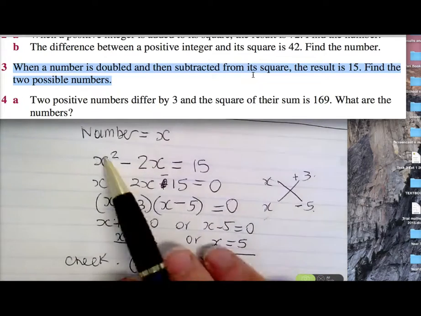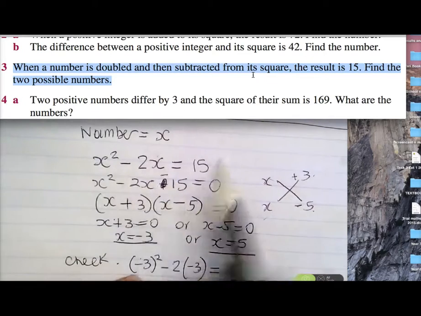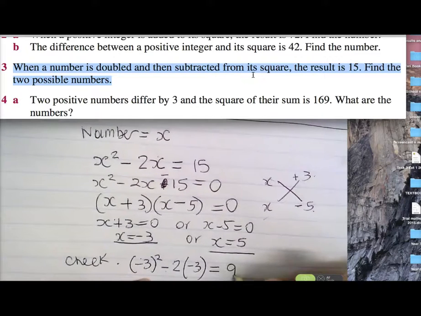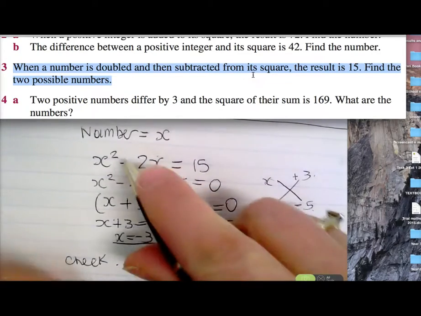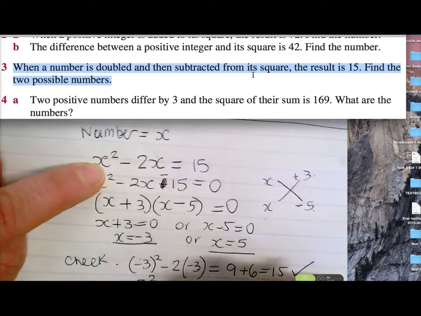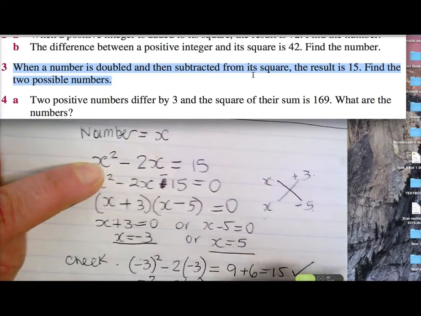I'm putting x is negative 3 in here and seeing that I get 15. Negative 3 squared is 9, minus 2 times negative 3, so 9 minus negative 6, which is 9 plus 6, is 15. That looks good. And then let's check 5 in this equation. 5 squared minus 2 times 5